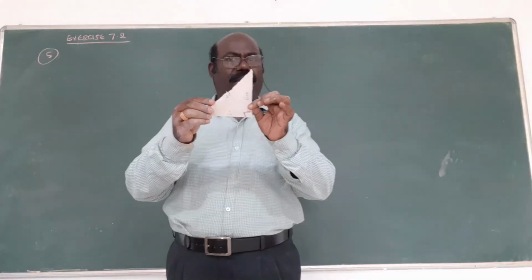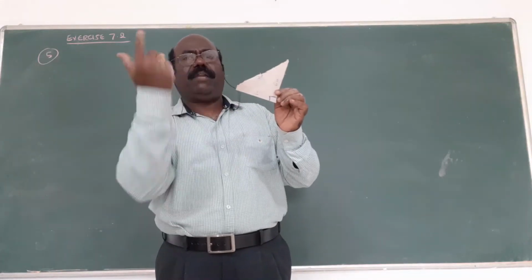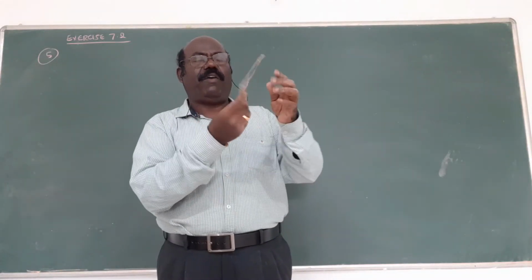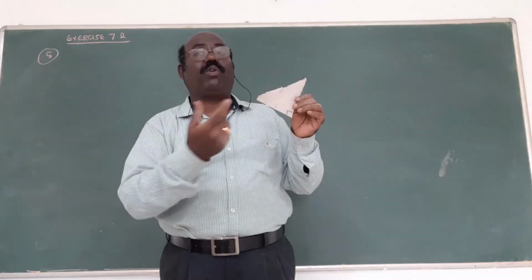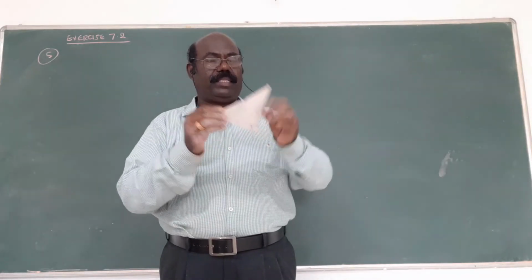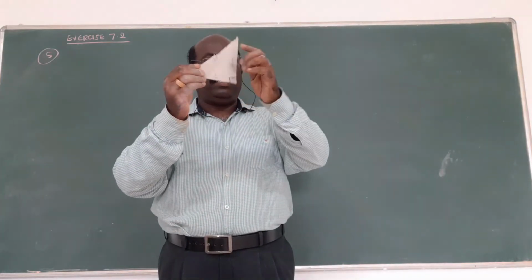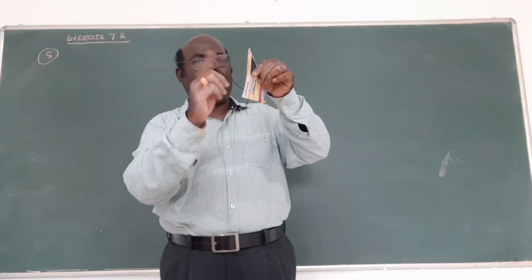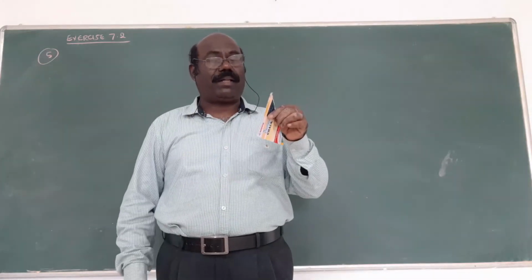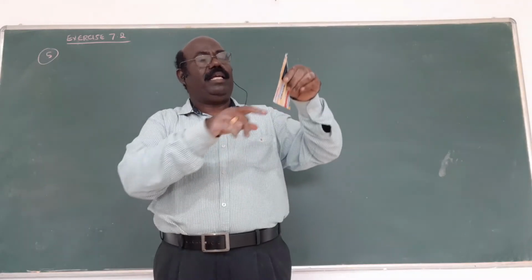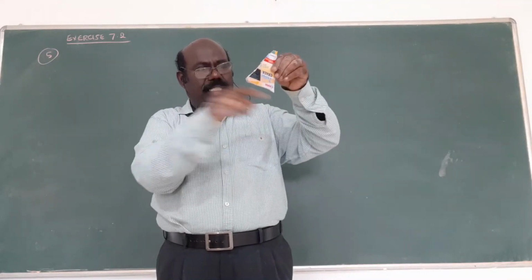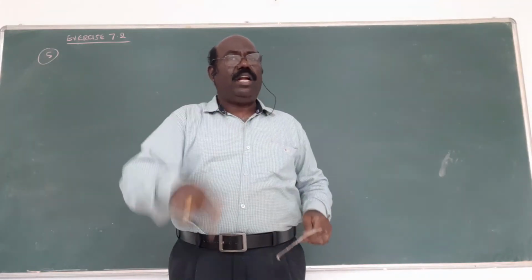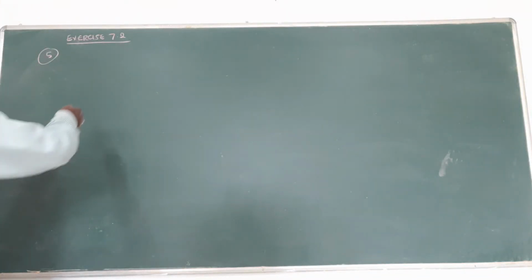This is not a triangle actually. When the triangle is rotated, automatically we get a right circular cone. That's very important. Am I right? Rotated speedily, automatically it forms a cone. That's why this is the base, this is the height. Next one, this is the base, this is the height. In this way, find the volume of the two cones. That's the point. Now, draw the rough diagram, the triangle diagram.